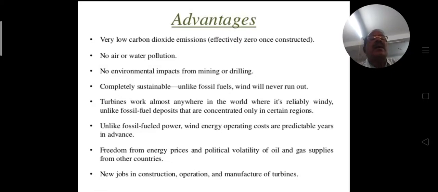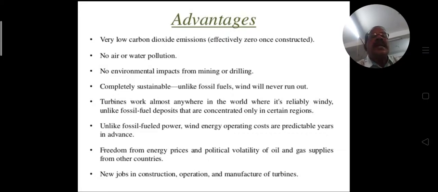Now we are suffering with the hike of the oil prices, and due to this oil price hike, we criticize our political parties. So there is no need to worry about political volatility or oil or gas prices being increased. It is a very freedom from these